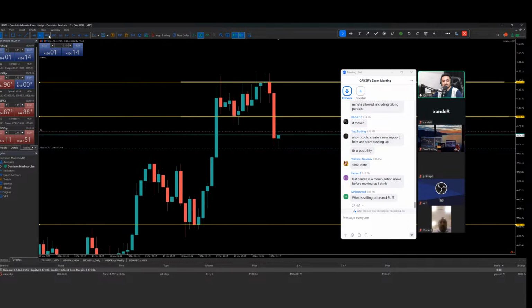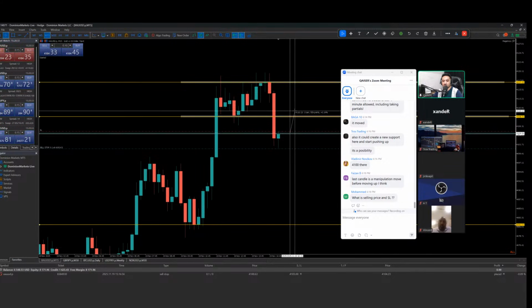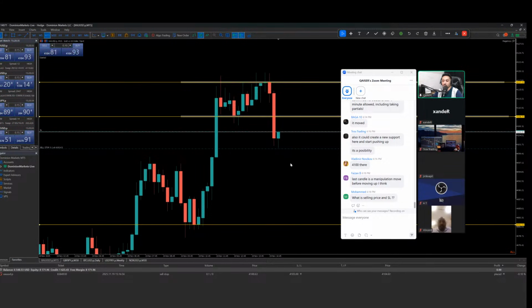Let's see. So hold your breath. If it's going to come down and break its own low, there will be a probability of continuously pushing downside. And if it keeps pushing upside and closes within the range, that will be more great to take a buy. Then it will become like a fake out.